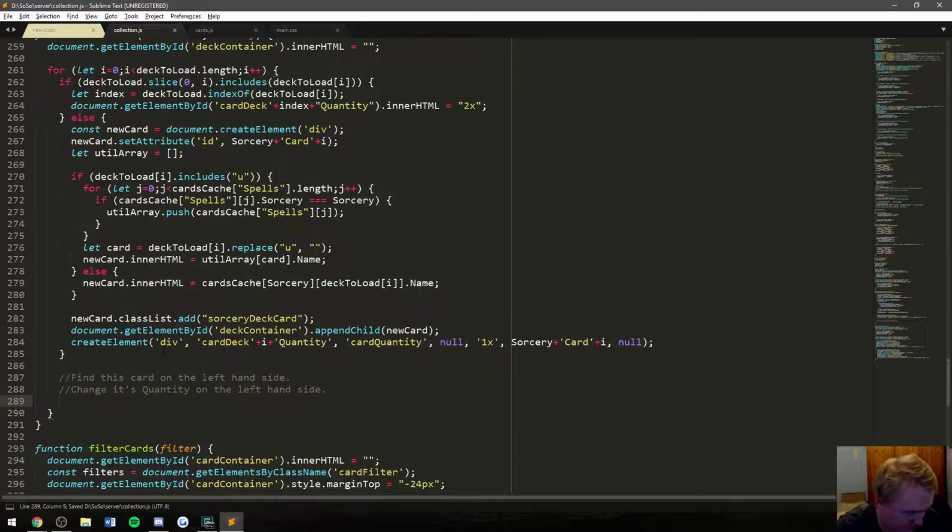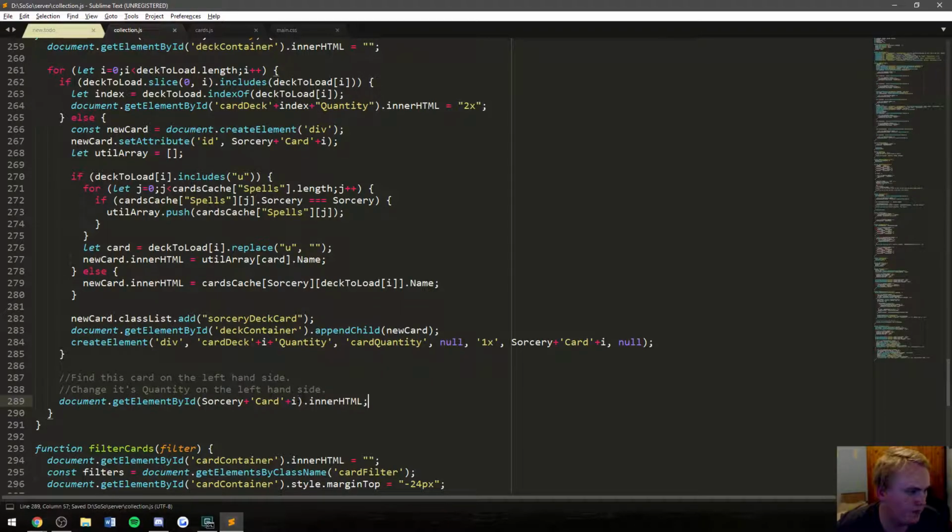So what do we need to do? We need to find what is the ID of this thing. It's sorcery card I. So if we copy that, we want to do document.get element by ID this dot inner